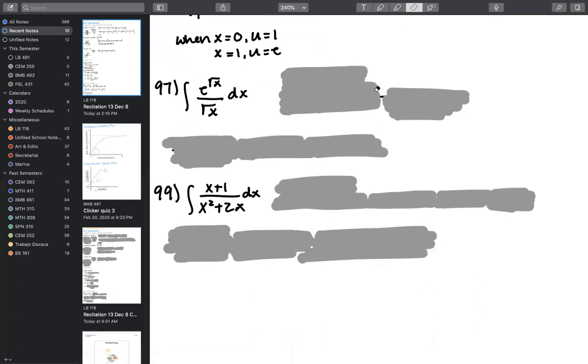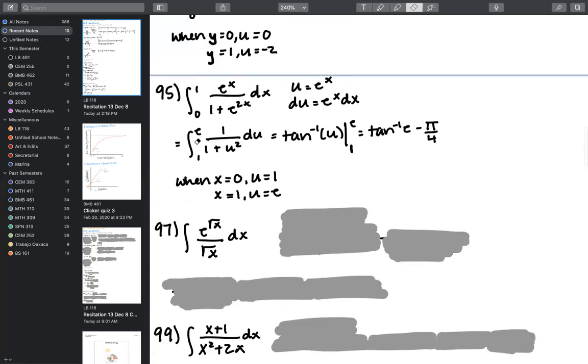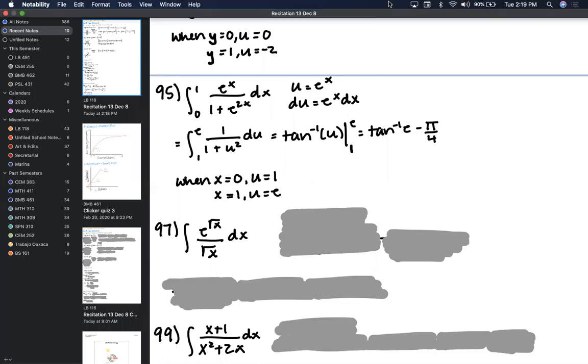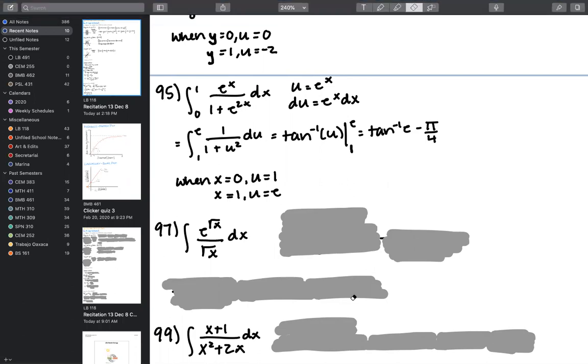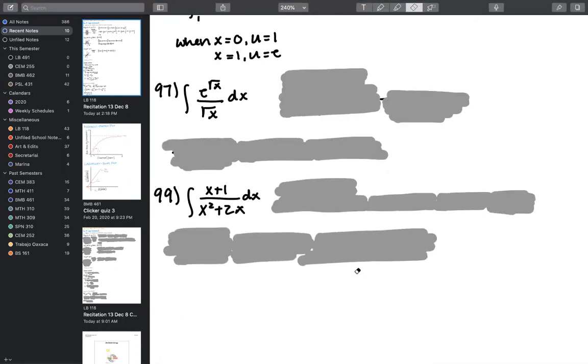Moving on, so that's our last example with the switcheroo with the boundaries. Anybody have any questions before we move on to the plus C examples? All righty. So number 97,